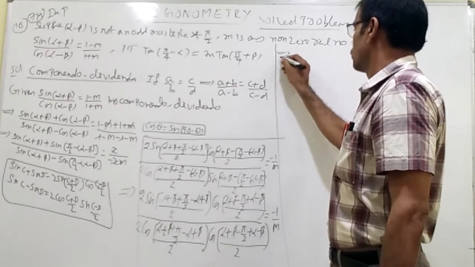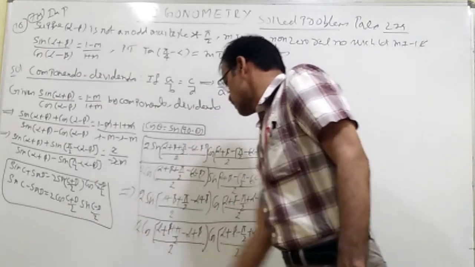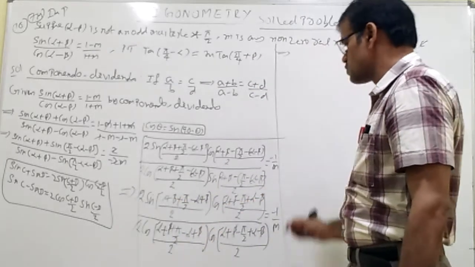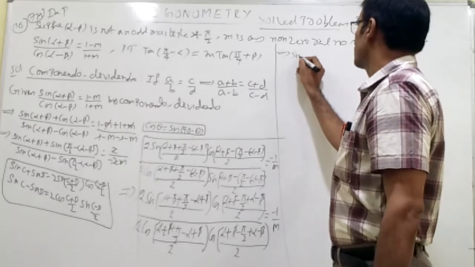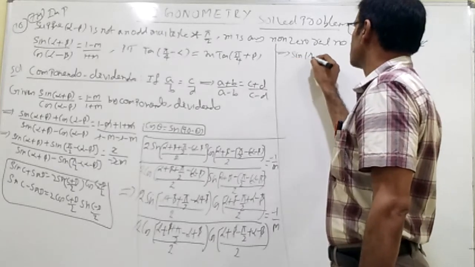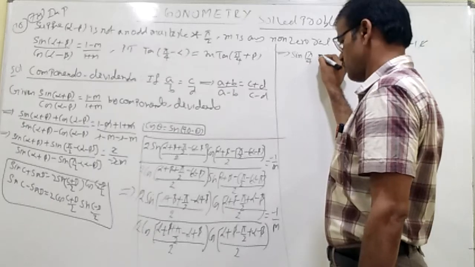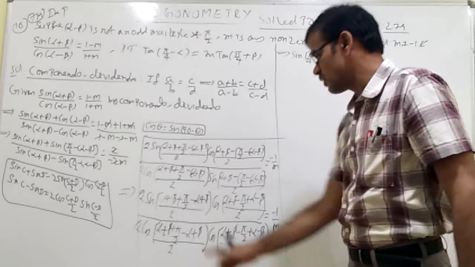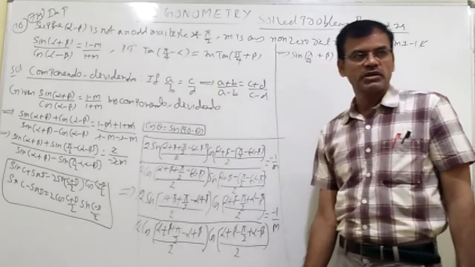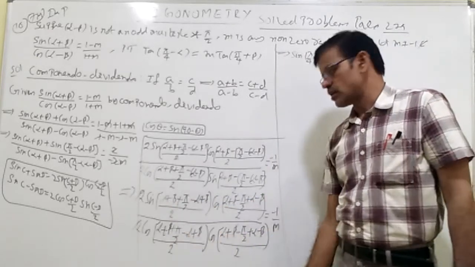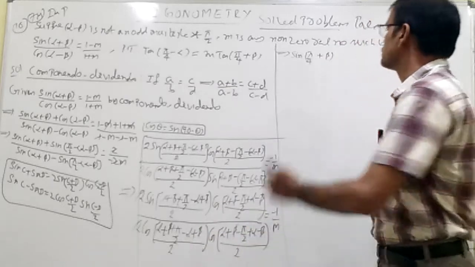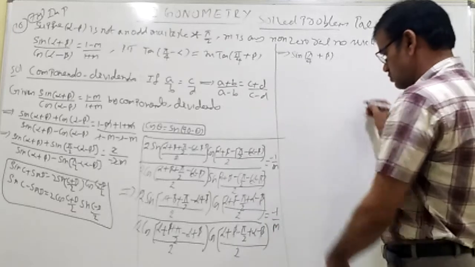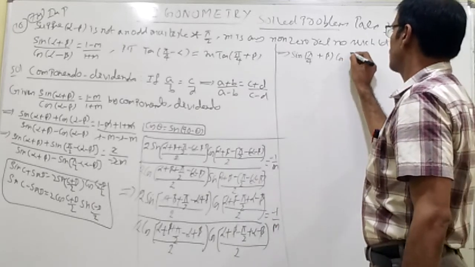Here beta minus beta got cancelled. That implies, of course, 2 and 2 also you can cancel. Now what is happening? Sine of beta plus beta becomes 2 beta. Now try to understand the step I am writing: pi by 4 plus 2 beta by 2, it is pi by 4 plus beta. Students, beta plus beta is 2 beta, 2 beta plus pi by 2, and pi by 2 plus 2 beta whole by 2 becomes pi by 4 plus beta. Pi by 2 into, in the similar way, cos of